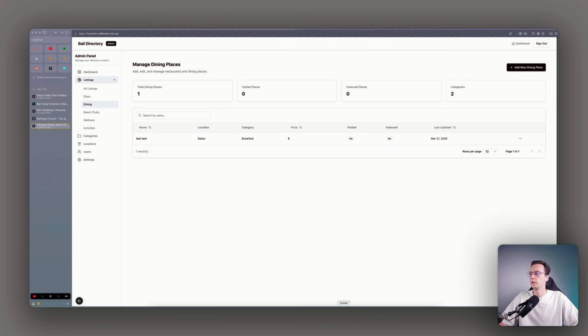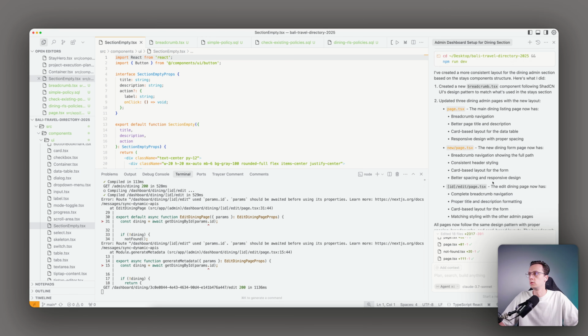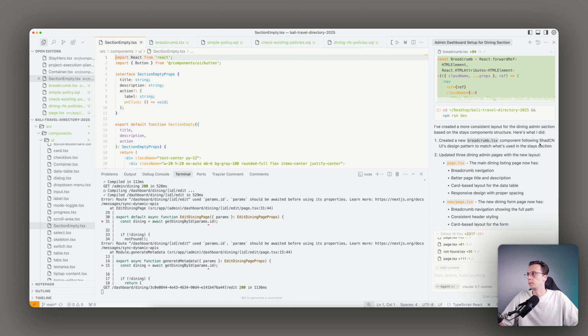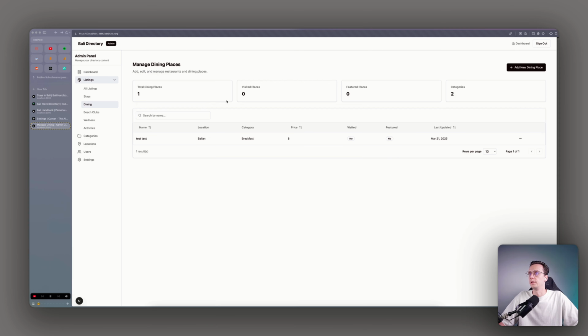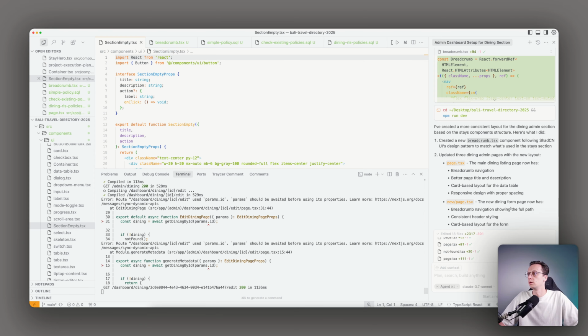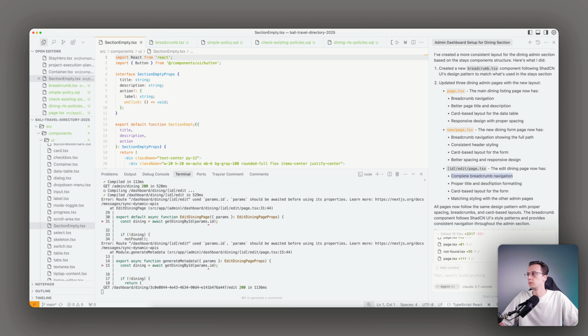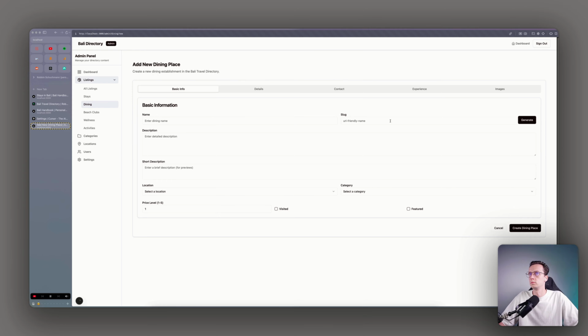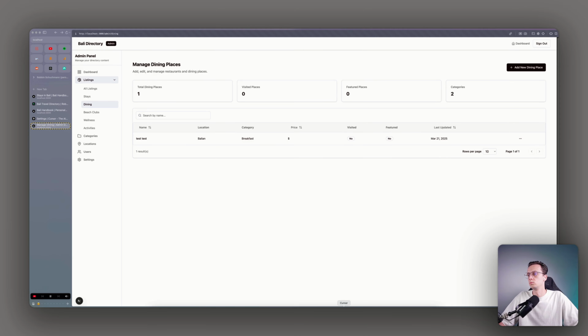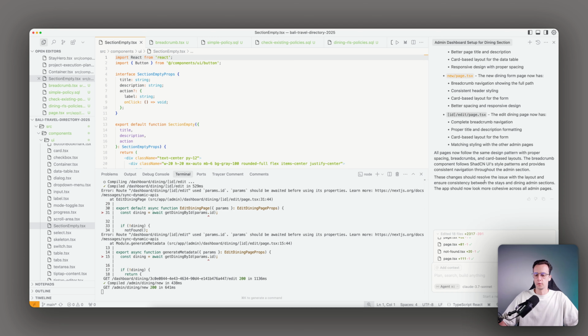It's not really yet. What file did it actually change? Create a new breadcrumb component to match what's used in the stay section. I just changed this, I think. A new dining page format breadcrumb navigation. The edit dining doesn't have